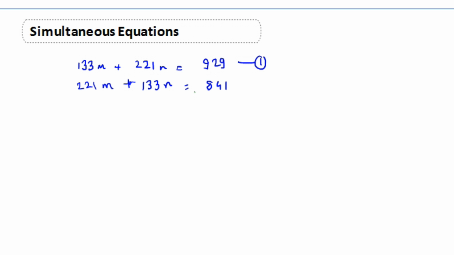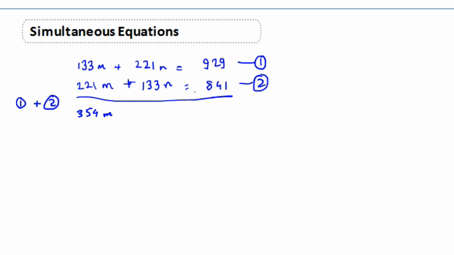Let us name them right in the beginning. This is equation number 1, this is equation number 2. So first what I'll do is I'll try and find out what 1 plus 2 gives me. So I'm going to add these equations together, and when I add them, 133 plus 221 gives me